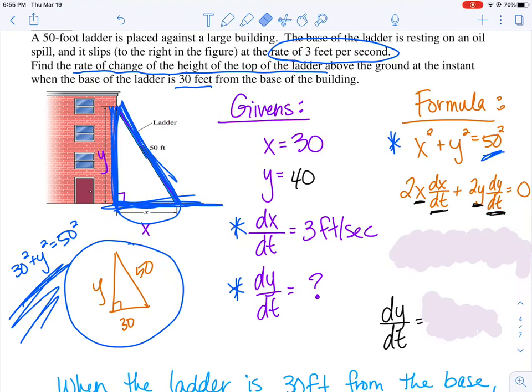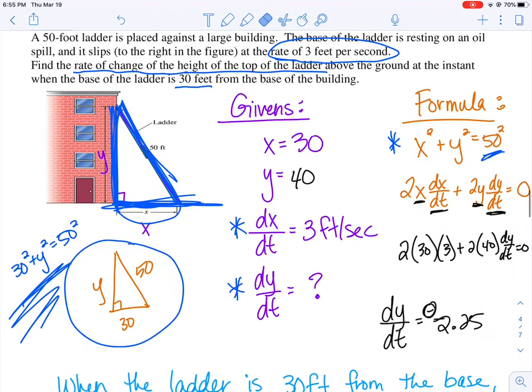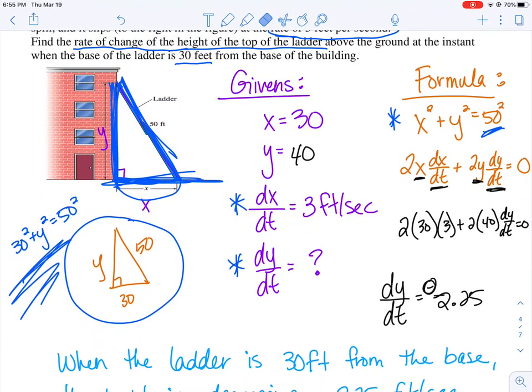So we have a few things, don't we, from the givens? We should know what x is, we should know what dx/dt is, we should know what y is because we found that to be 40, and we're trying to figure out what dy/dt is. So hopefully we have all the variables except for one so that we can solve for dy/dt. So I plugged everything in, and I solved for dy/dt. You should end up getting negative